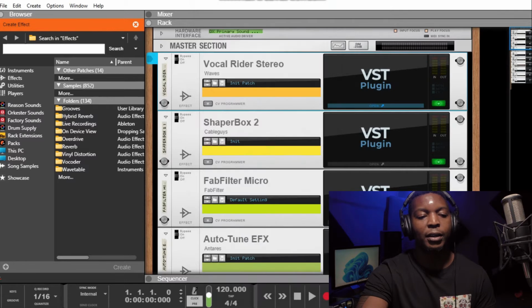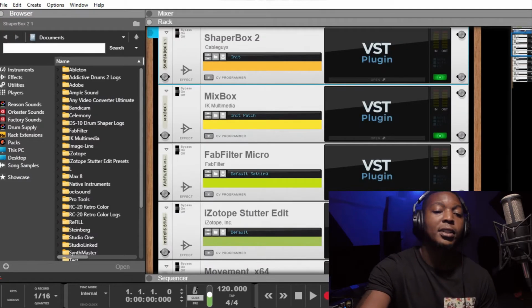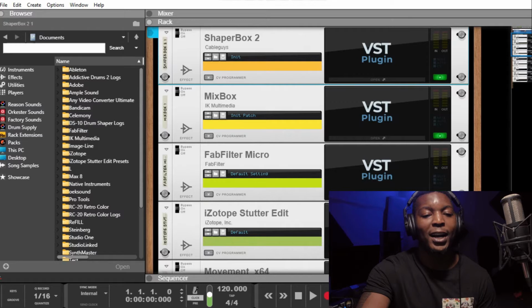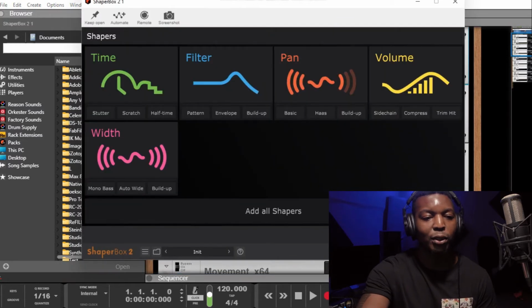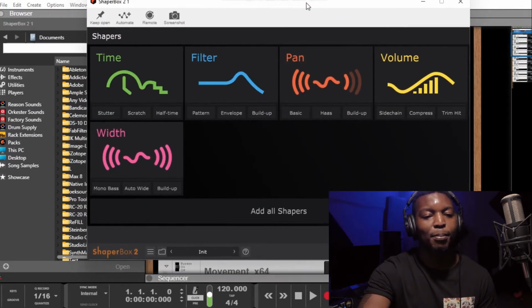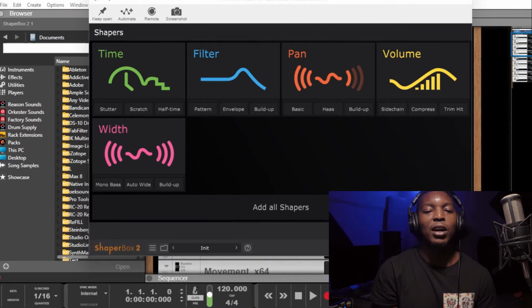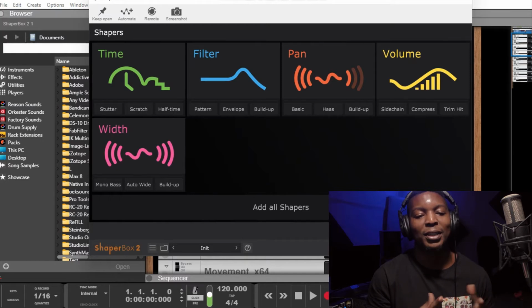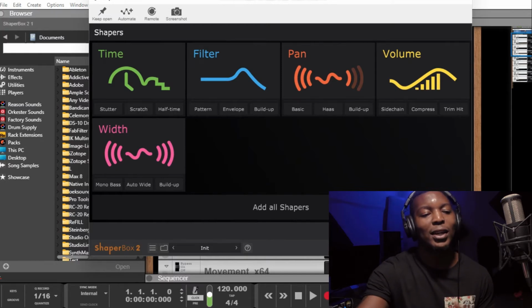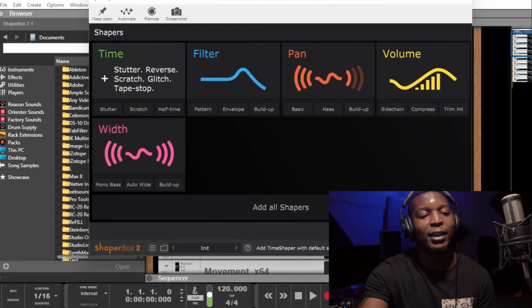Alright, the second one I would say is the Shaper Box. So the Shaper Box is just a simple plugin which looks like this. It pretty much works as if you're an FL user. There's Gross Beat. I think a plugin called Gross Beat is pretty much the same concept, but slightly different. So what the Shaper Box has is the time, which then you can manipulate